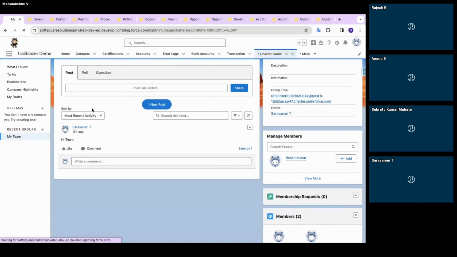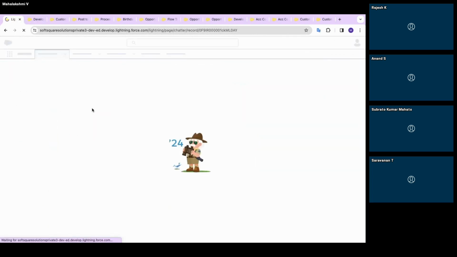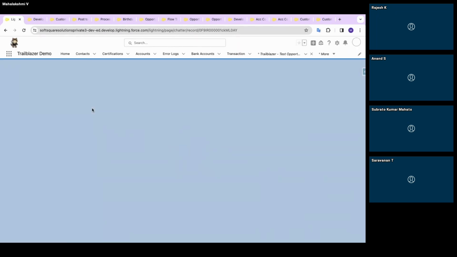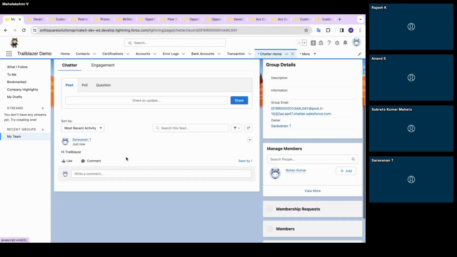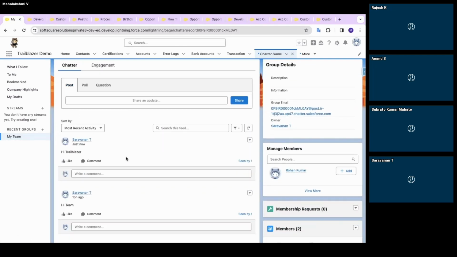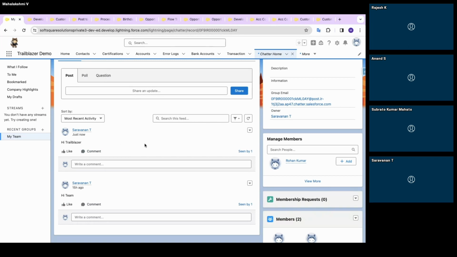Now I can refresh the page. Here we can see that the message Hi Trailblazer is a new message we just received. This way we can use the platform event to pass any